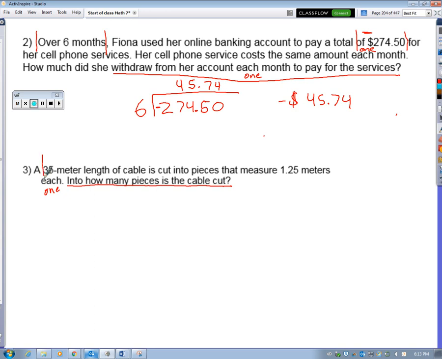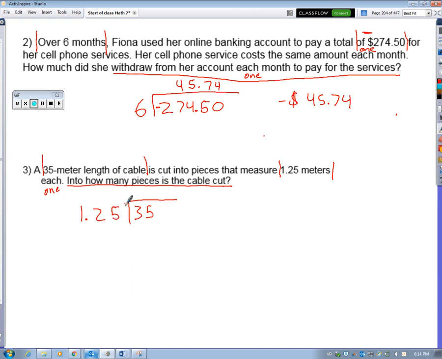That means we're going to take this 35-meter length of cable. So picture a long cable, 35 meters. It's going to be cut into pieces that are 1.25 meters long. And we're going to find out how many pieces that would actually make if you chop up that cable into that many pieces. Alright, so we're going to take 35 and we're going to divide that by